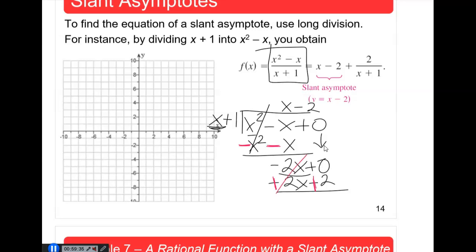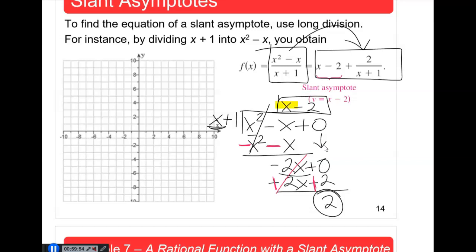And here you could see those two cancel, and the remainder happens to be positive 2. So just like we did with the division algorithm, we're going to rewrite that function using the quotient, which is there, and the quotient happens to be the slant asymptote. Now the remainder, which is here, we still have to write it here,